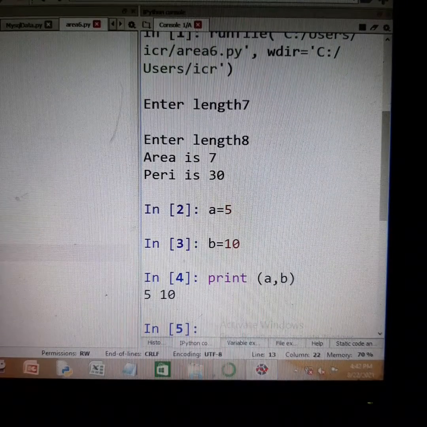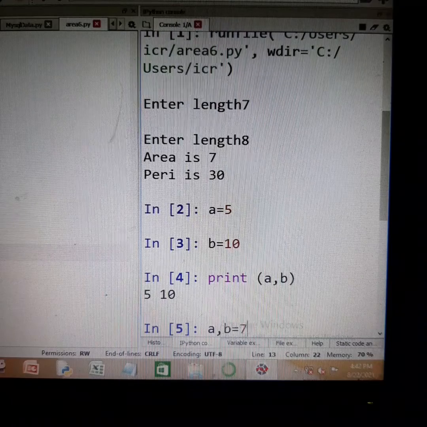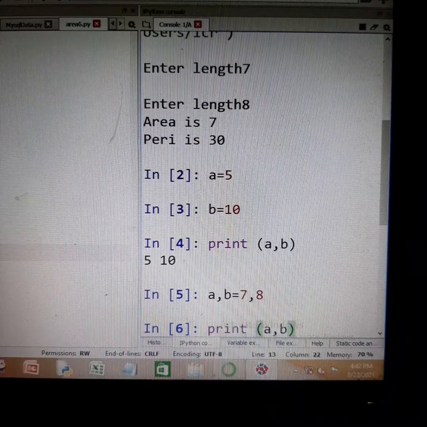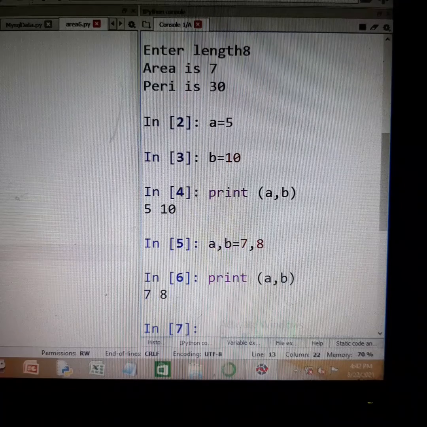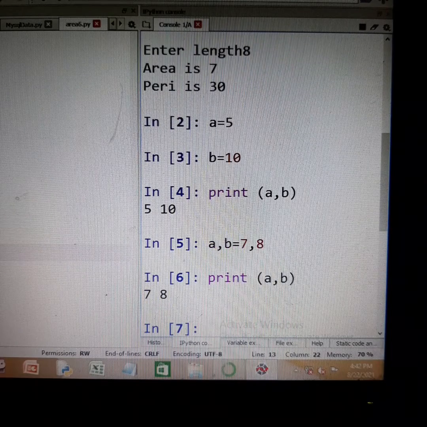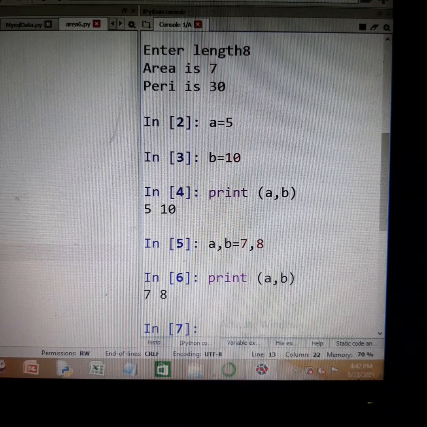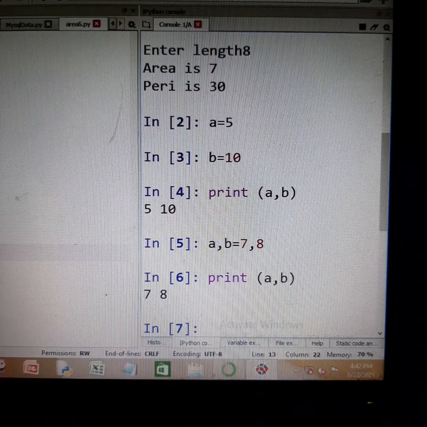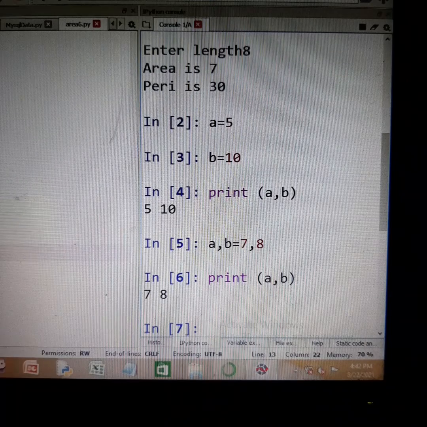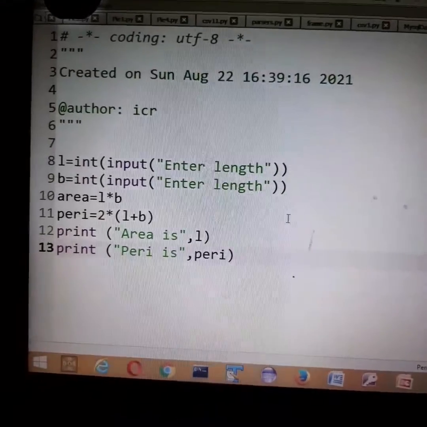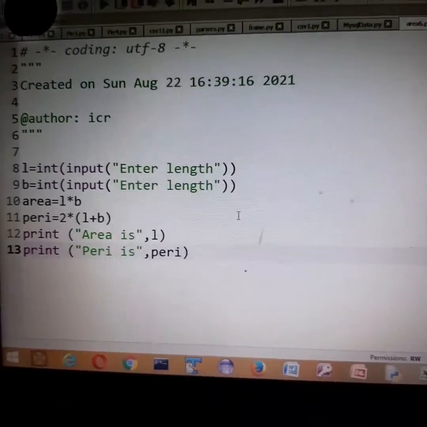So if I give A comma B is equal to 7 comma 8, and then again I print A comma B, I'm getting 7 and 8. So it's working the same way as we have been doing on the normal Python GUI. This is the Spyder of Anaconda, where you get the interactive mode this way and the scripting mode you can work in this way.